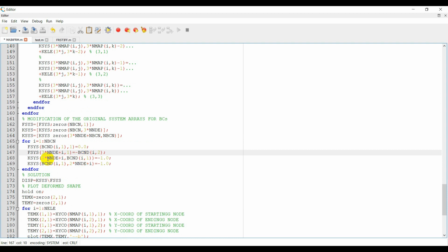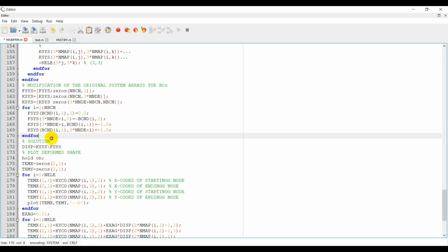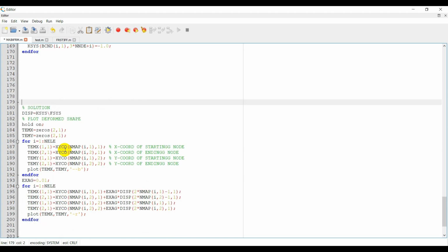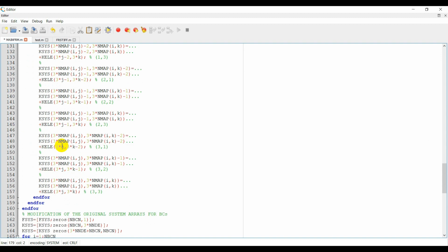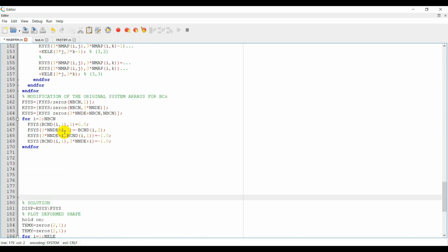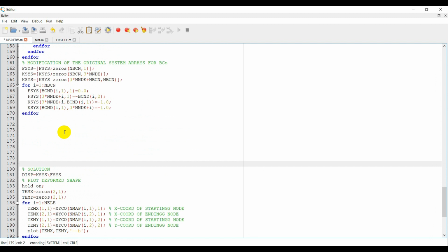2 to 3. 3 times the number of node. 3 times the number of node. Minus boundary condition I, 2. Okay, that's the index in boundary conditions. Okay, fine. Minus 1, minus 1. Okay. Guess it will work. So I think we are good up to here. Yeah. Then displacement, we just plug in the force, nodal point force. We have not incorporated the fixed end reaction, but maybe